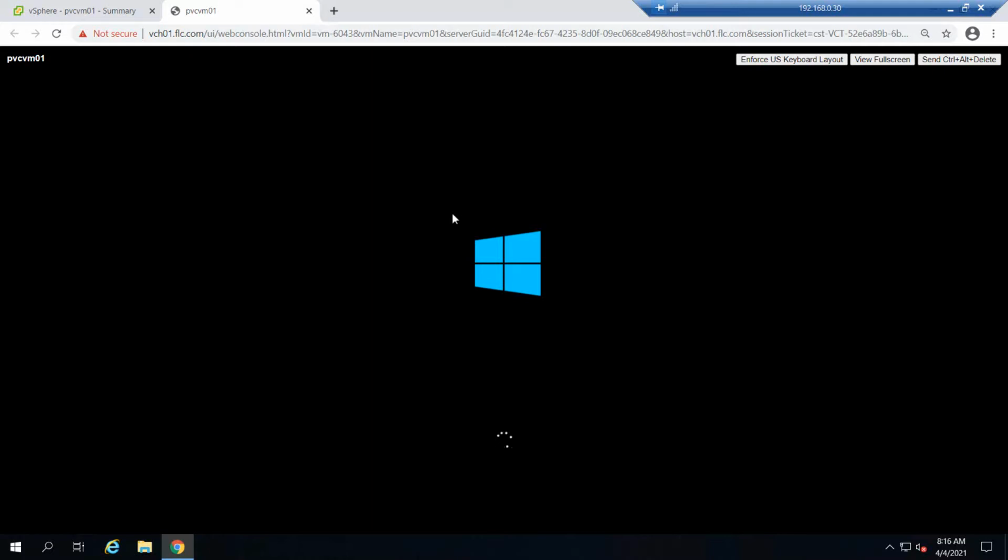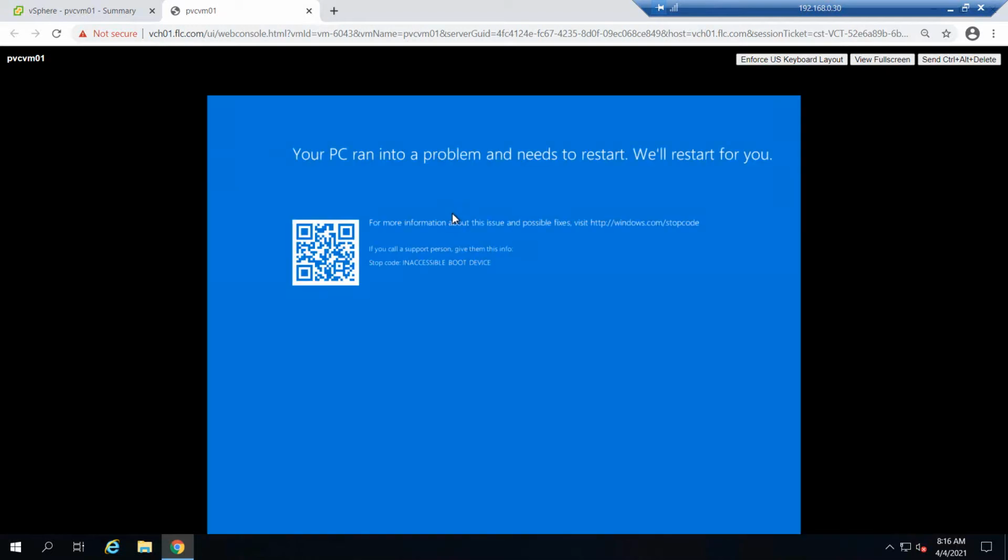So it's getting powered on now. See, the mistake we did is that I forgot that the C drive is on SCSI controller 0. So this is the problem you will get.